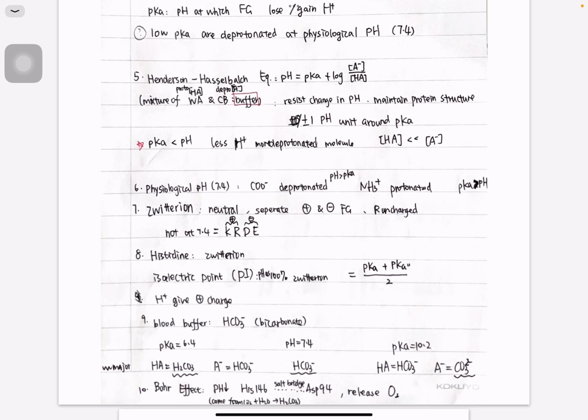So the majority in your solution is CO3 2 minus, and there's a Bohr effect. It means when the pH is low, oh yeah, this is the example like for the hemoglobin. When the pH is low, the histidine 146 will form the salt bridge with aspartate 94, and they will release the oxygen. So that's why